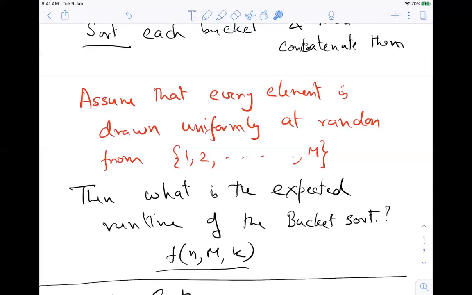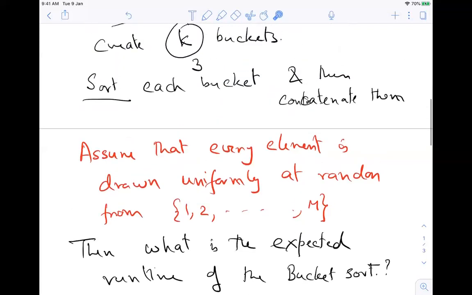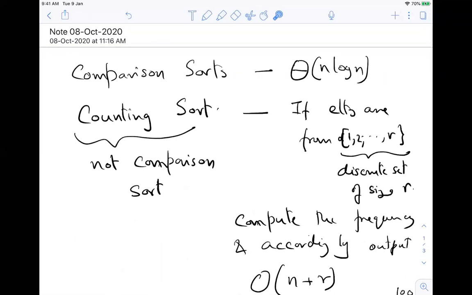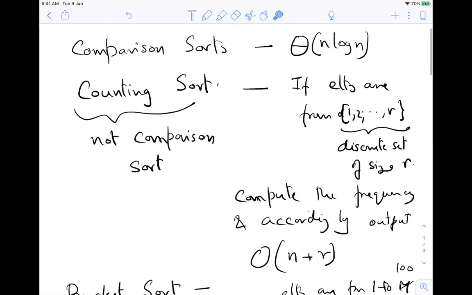Sir, in the counting sort algorithm, we need too much space, right? We need not too much space. How much space do you need? You have this frequency array R, and for each of them, at the worst, there can be n of them, the frequency can be at most n. So storing that frequency takes order log n, so the space complexity will become R times log n.